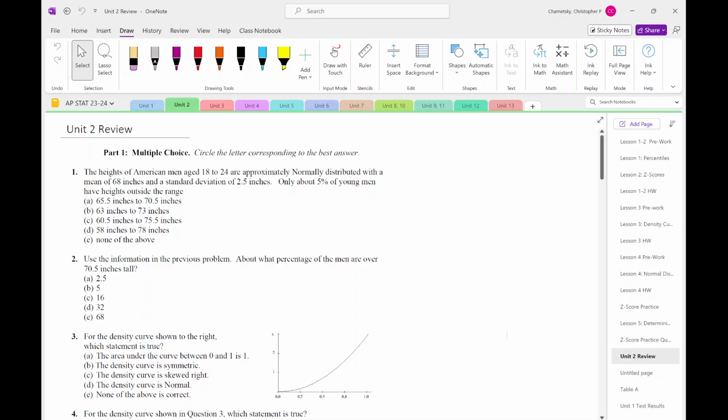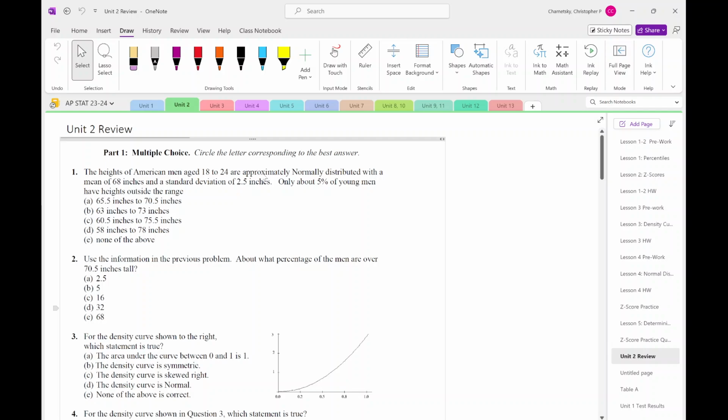So, question number 1. The heights of American men aged 18 to 24 are approximately normally distributed with a mean of 68 inches and a standard deviation of 2.5 inches. Only about 5% of young men have heights outside the range. So, which of these